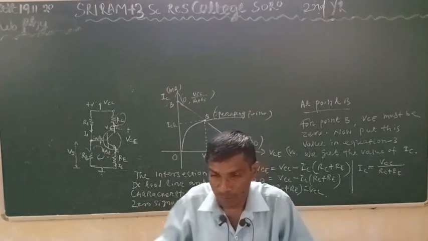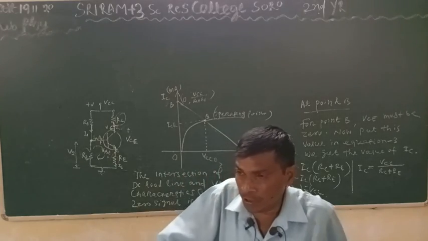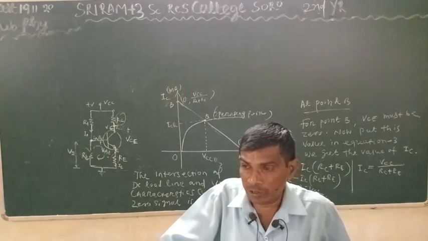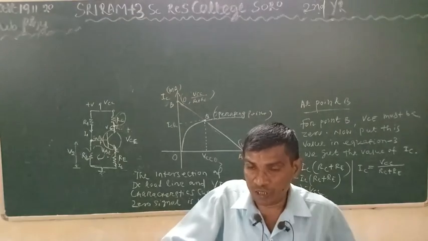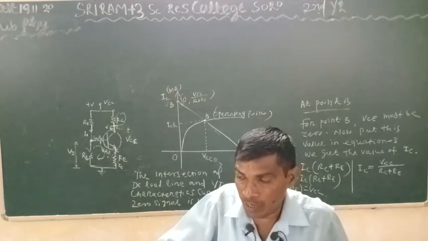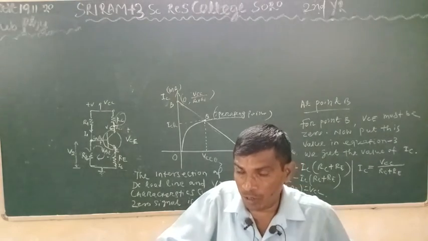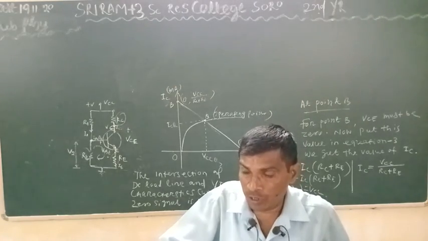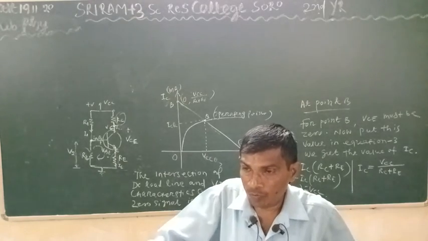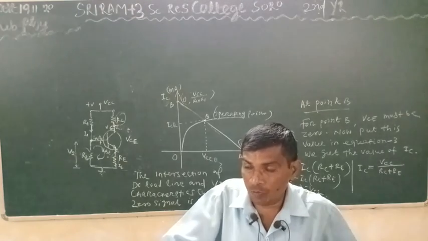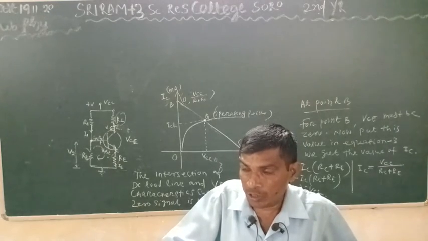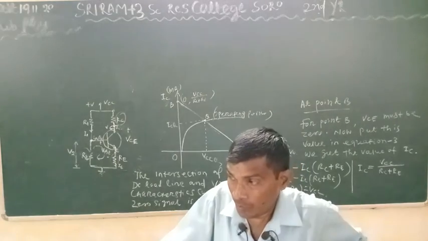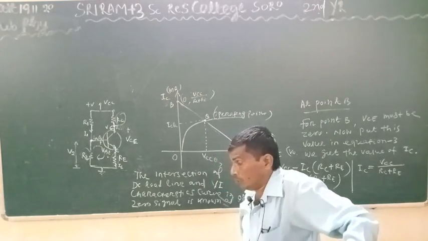Beta means amplifier factor, that is the transistor parameter. So this voltage divider circuit does not depend upon transistor parameters like alpha, beta, gamma, and has no dependence on any variation of temperature, in room temperature or any other temperature. Because of this reason, this is the voltage stability, and this circuit is widely used in amplifiers. Now this is all about the voltage divider method.